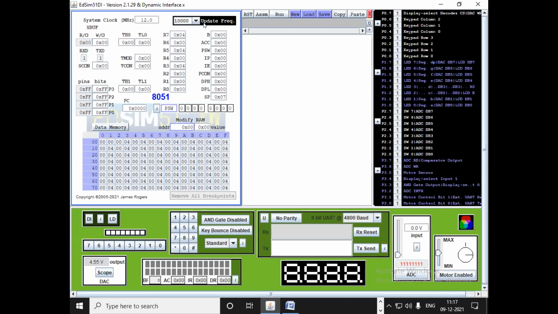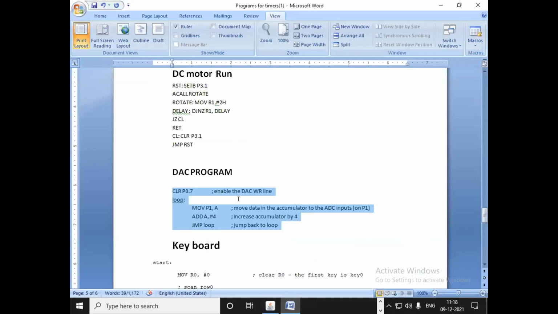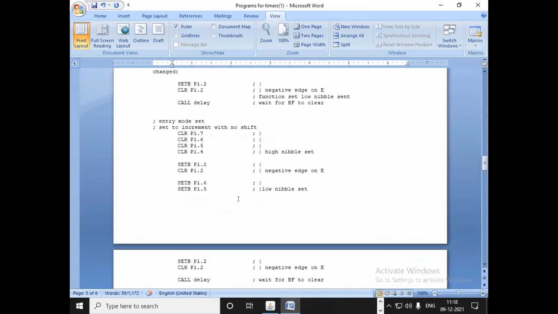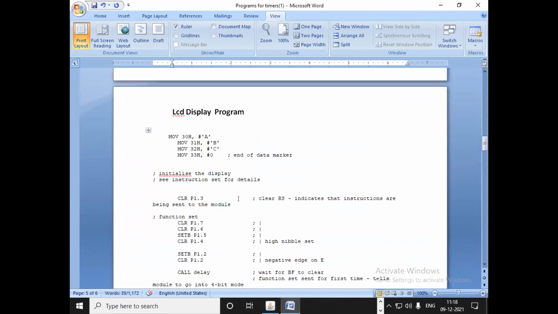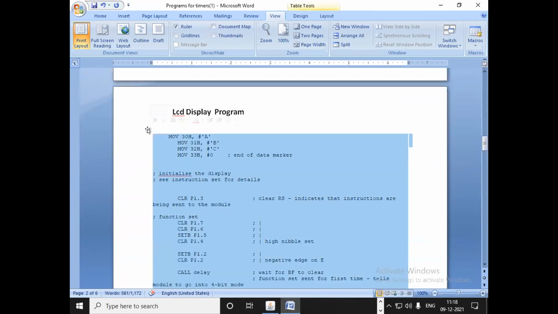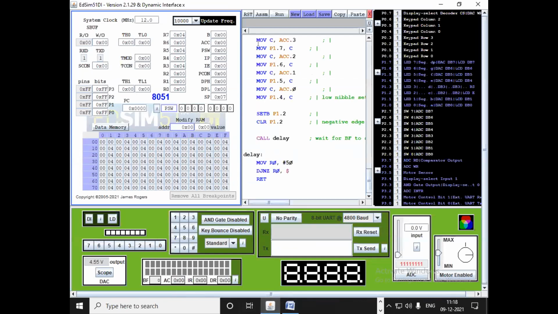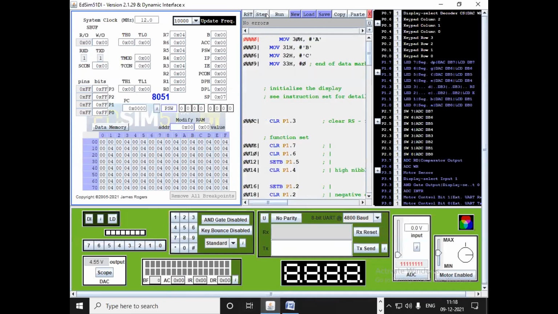Just I want to show this update frequency. What is the meaning of that? We will see it through the keyboard. Run the program.